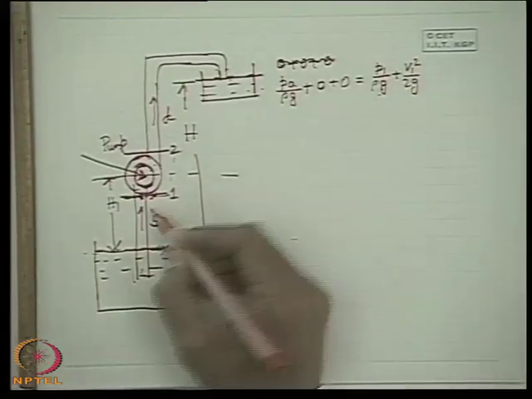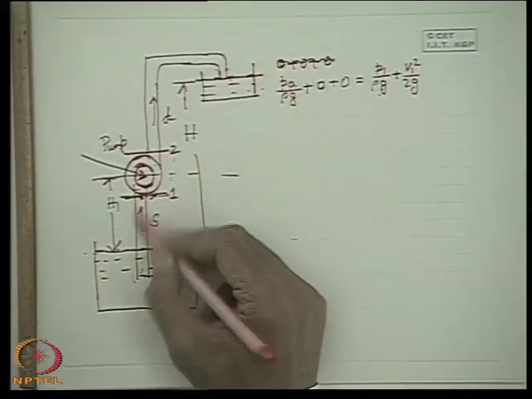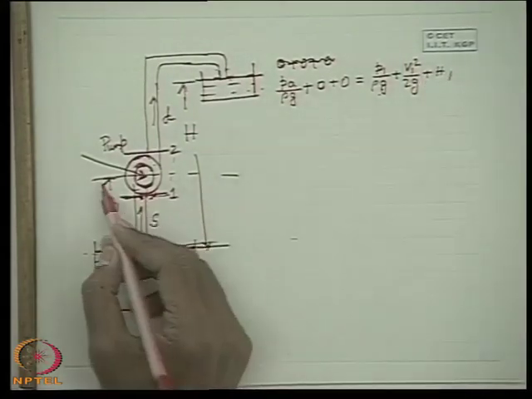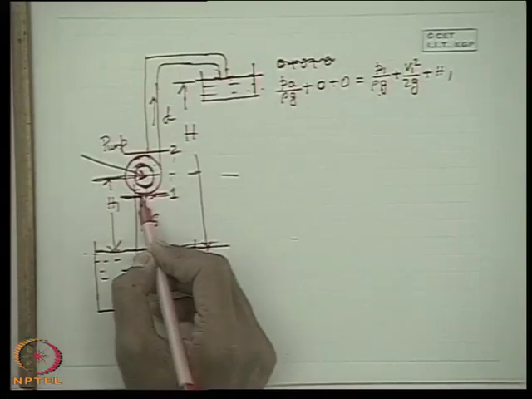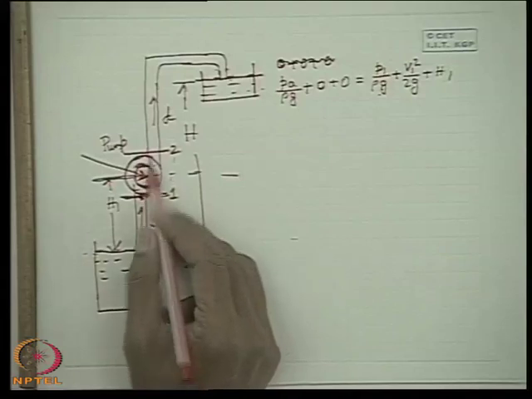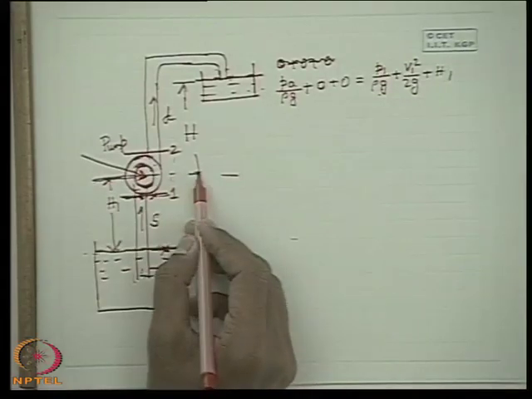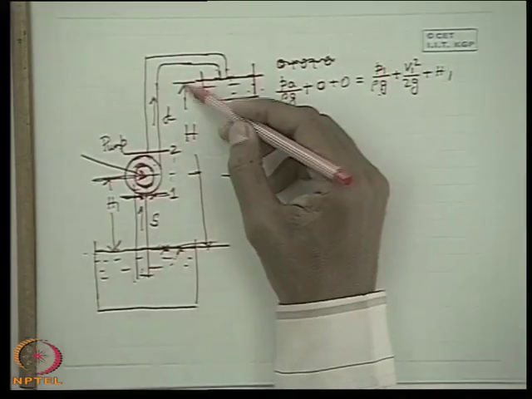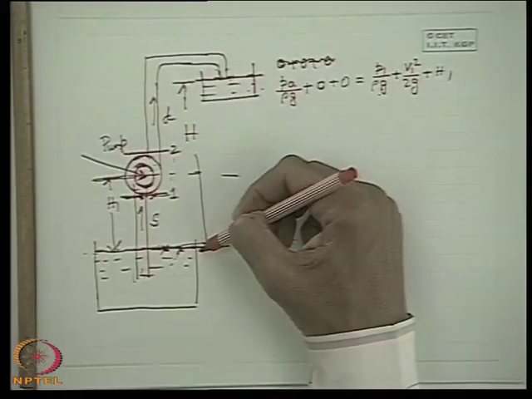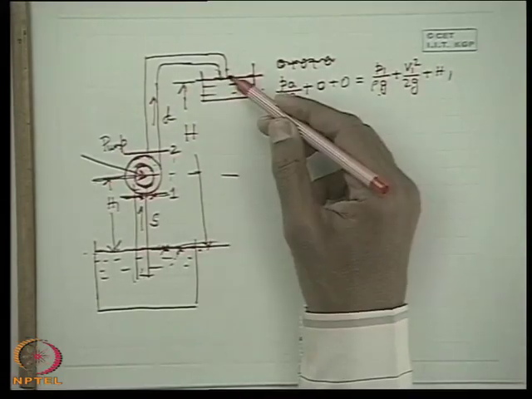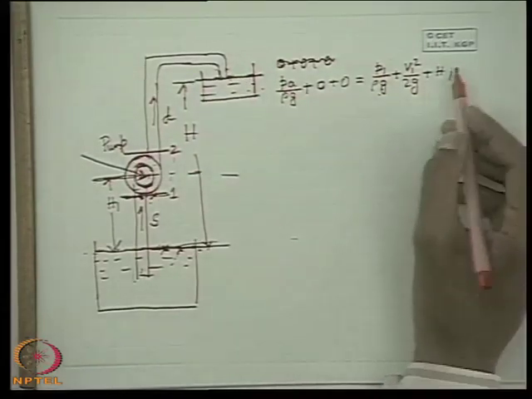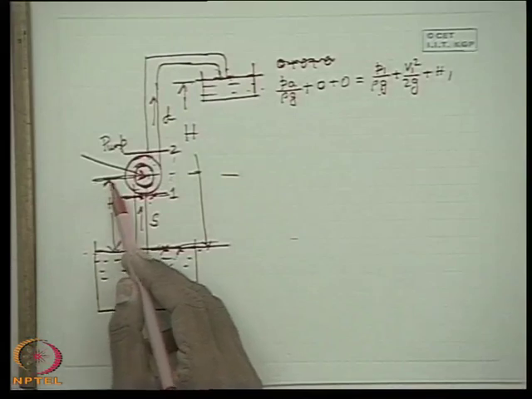If V1 is the velocity at this point, that means in the pipe, if the pipe is of uniform diameter, plus H1. Now this is upon the center line, so inlet to the pump and outlet from the pump doesn't vary much in the elevation head as compared to its center line, in comparison to the difference in the head from the lower reservoir, that is the sump, to the overhead reservoir. So these changes are very little. So this is H1. We define this as H1.